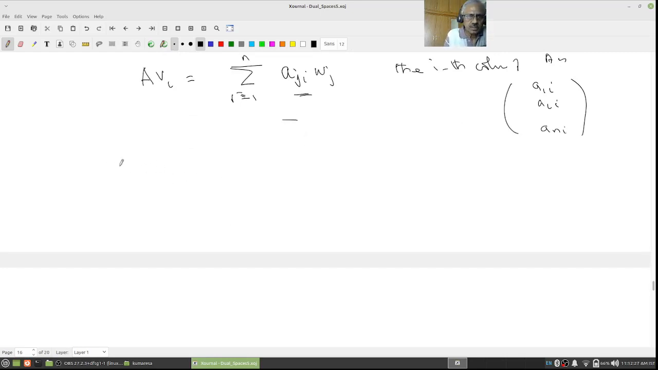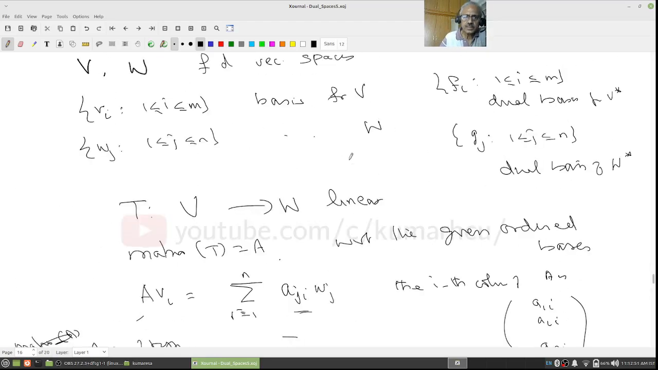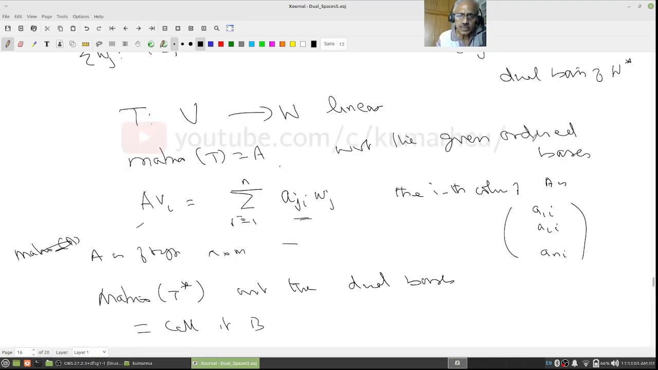Now we want to find the matrix of T star with respect to the dual basis. Call it B. And what is the size of this matrix? This matrix A is of type, we are going from m to n, therefore it will be n cross m. Notice that. So this is m cross